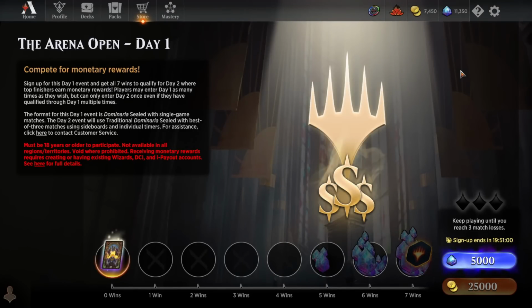Today we're going to be playing the Dominaria Arena Open Day 1 event. So this is the most competitive entry-level event on Arena that anybody can get into. You have to have 5,000 gems or 25,000 gold. And for this format, it's going to be best of 1 Dominaria sealed. There is a best of 3 queue if you want to try that instead, but I prefer doing best of